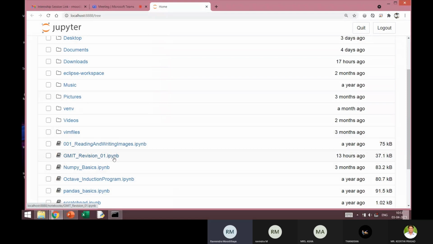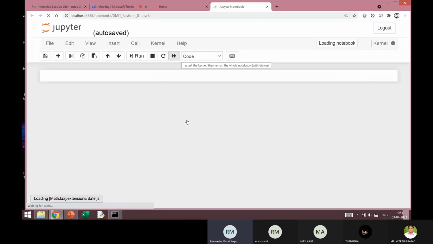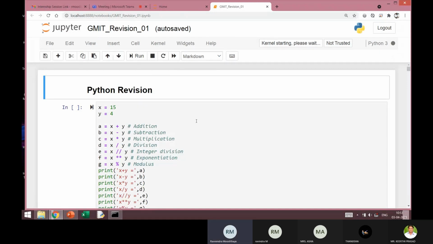Now, for this tutorial purpose, I have created one Jupyter notebook exercise. I'll just run that. I just want to explain and run the code so that you can appreciate how the things are actually producing the output based upon the code that you have written.